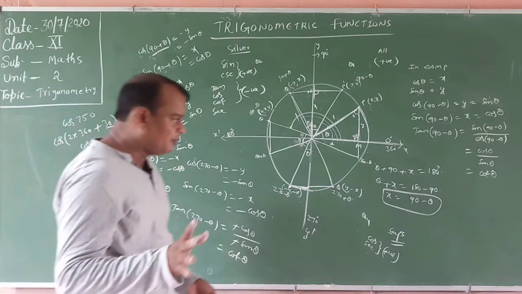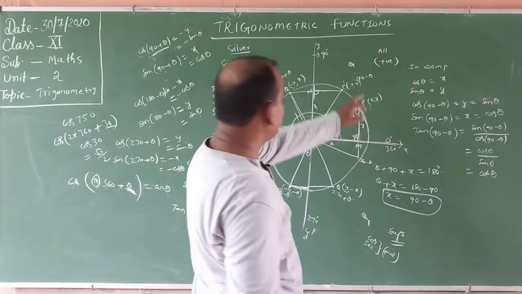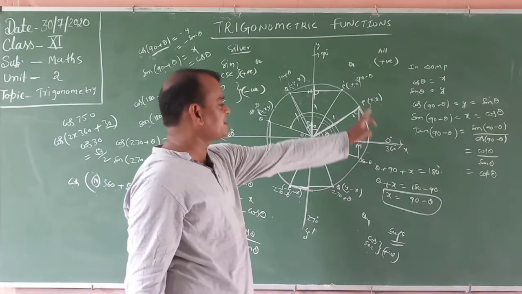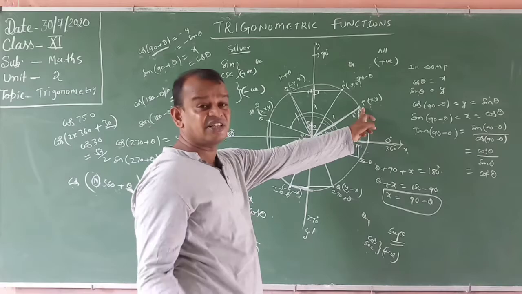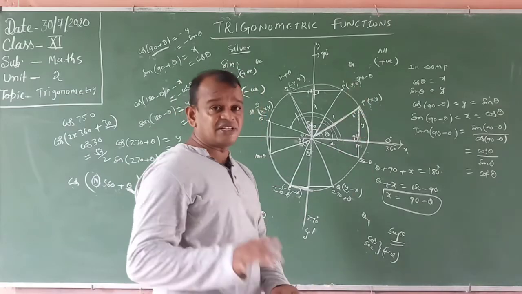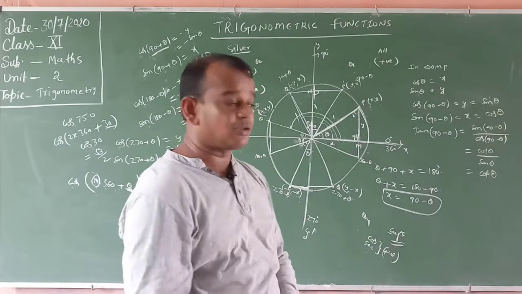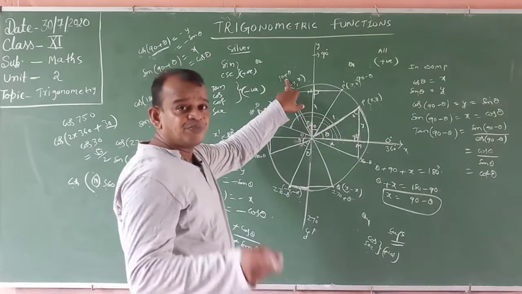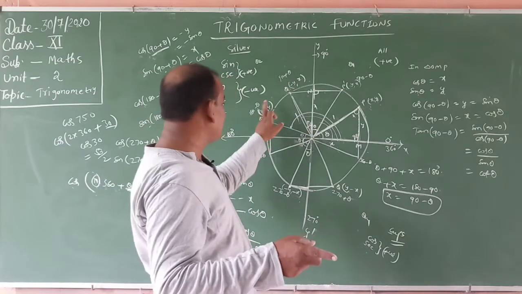After that, suppose we find 90 minus theta. Which coordinate? Next, 360 plus theta. Theta is an acute angle, so 90 minus theta and 360 plus theta are in the first coordinate, where all are positive. What are the angles in the second coordinate? 90 plus theta and 180 minus theta are in the second coordinate.